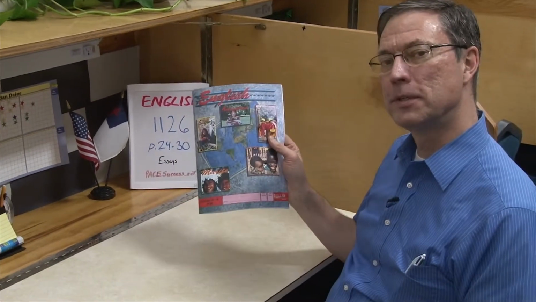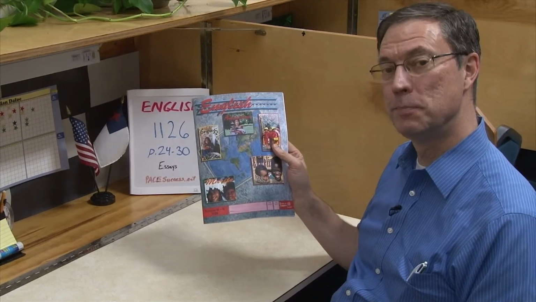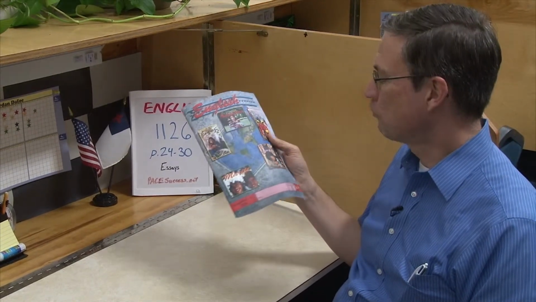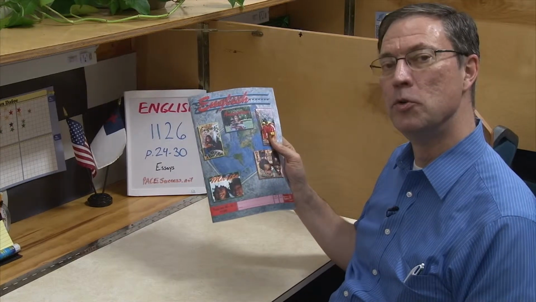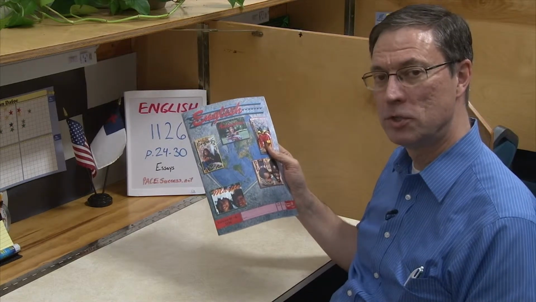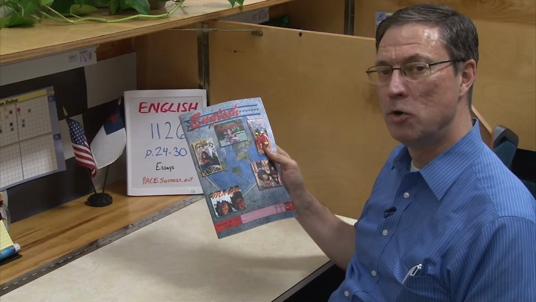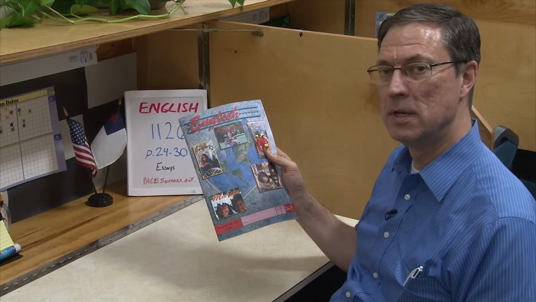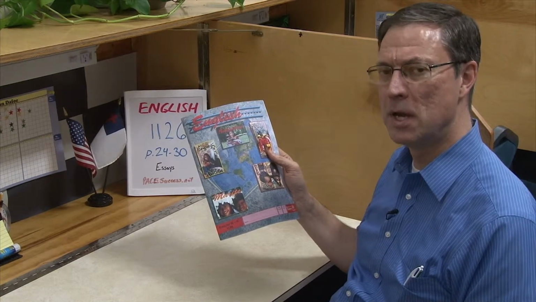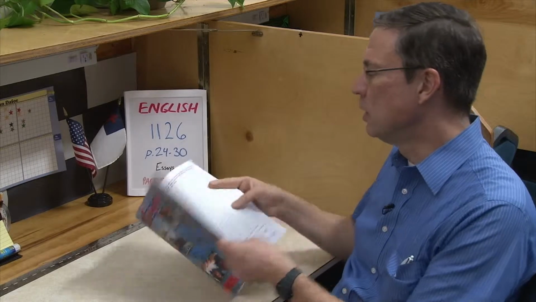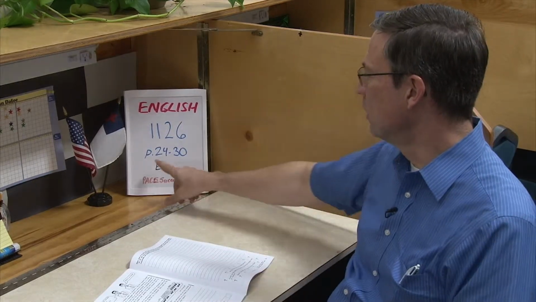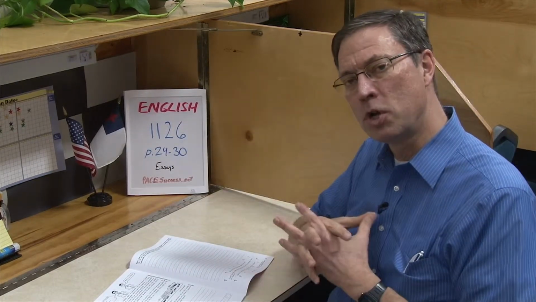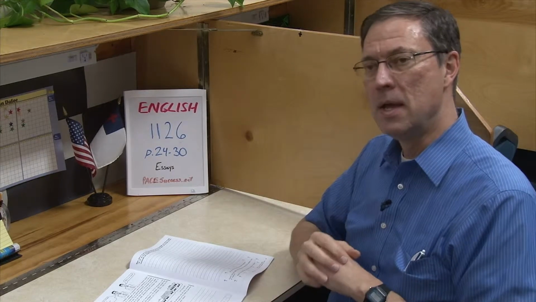Pace 1126. By the time you get to this pace, it looks like you're about halfway through the third level of English. This pace does a lot more with writing skills and is a lot more intensive, a lot of assignments. Initially, the first part of the pace before we get to essays is going to talk about writing paragraphs and